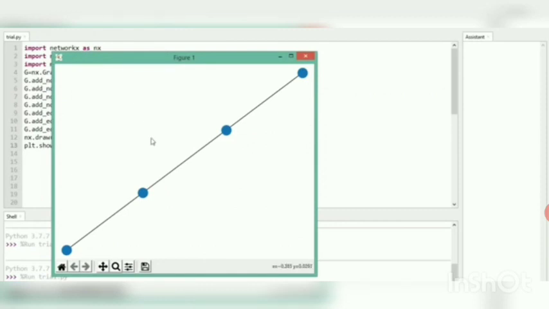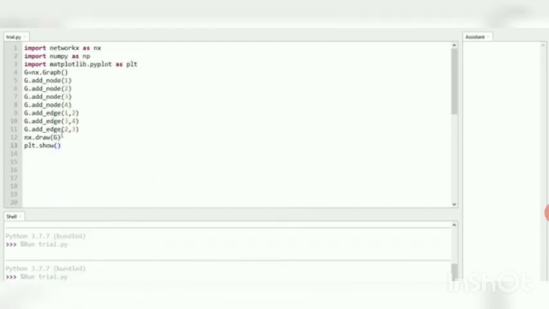The output is a simple graph where the nodes are blue and not labeled. We can change the color of the nodes and add labels. To add the labels and the color, we write nx.draw(g, with_labels=True, node_color='red').